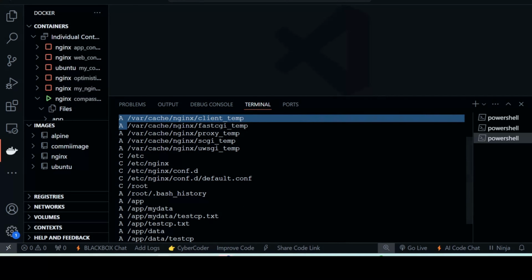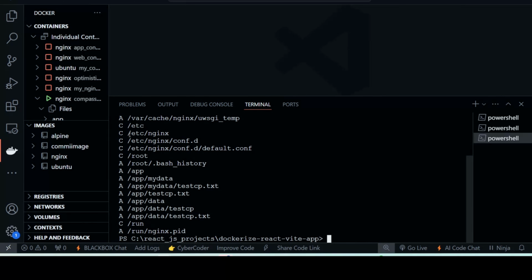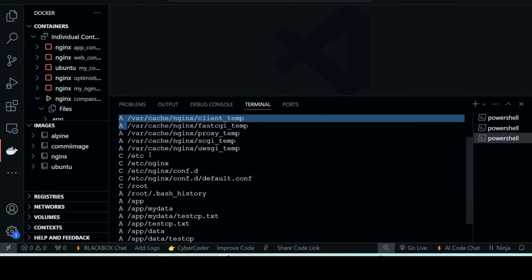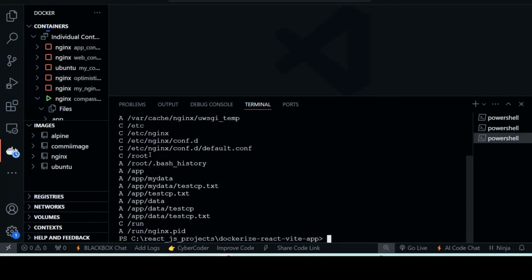Okay. Then C is for changed. See here, C is for changed. If at all any files are there which are deleted, then it will show D. Okay. A is for added, C is for changed, and then D is for deleted. You see,